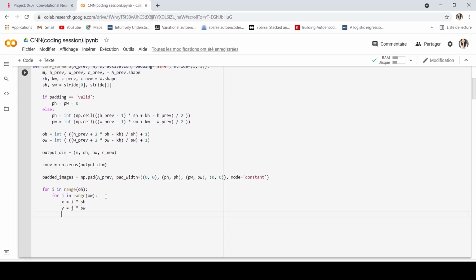Now I'm going to create my slice. My slice is over my input, I'm going to call it A_slice. The slice will be moving in my padded images.